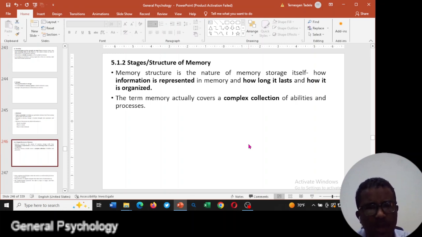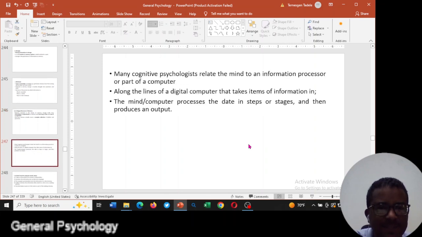The term memory actually covers a complex collection of abilities and processes. Even though we describe memories in this sense, the concept of memory is very complex. It is an invisible human mind activity. Many cognitive psychologists, in relation to the mind,